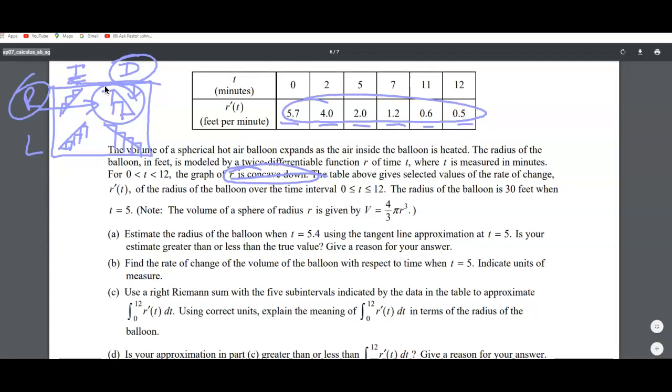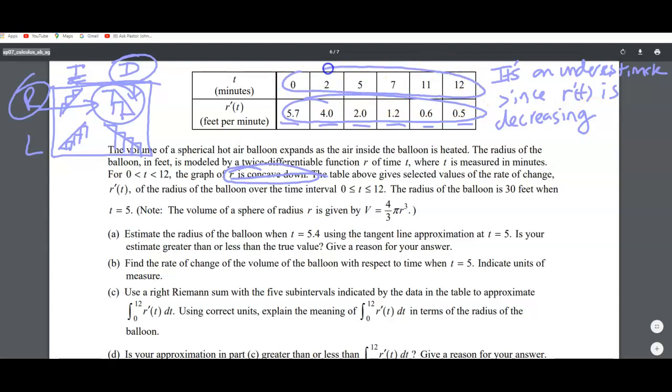So how you would answer that is you would say it's an underestimate since r prime of t is decreasing. Now, to be more specific, you might want to say it's decreasing on the entire interval, because that matters, right? That's the interval we're looking at. So it has to be decreasing on the whole interval. If it wasn't decreasing on the whole interval, then it wouldn't be strictly an underestimate. So it's decreasing on the interval from 0 to 12,